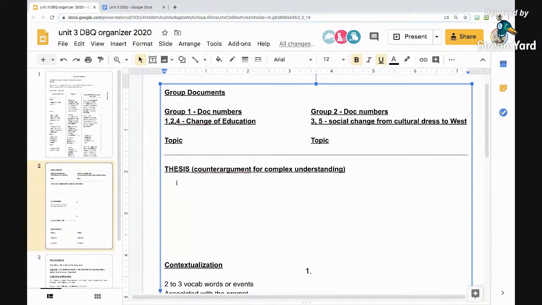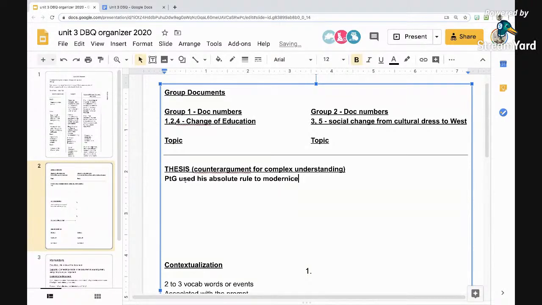Okay, so thesis. Now, our thesis can vary because it doesn't have to be the same one. But this is the one that I came up with. I said, Peter the Great. Let me get this off of underline. There we go. Okay, so Peter the Great used his absolute rule